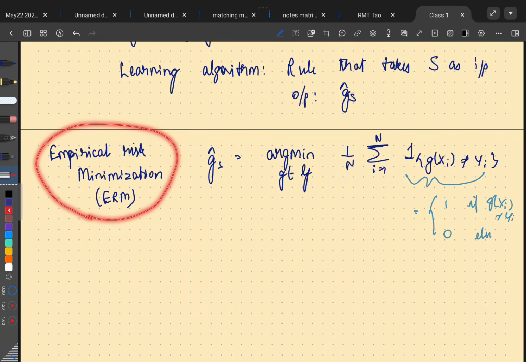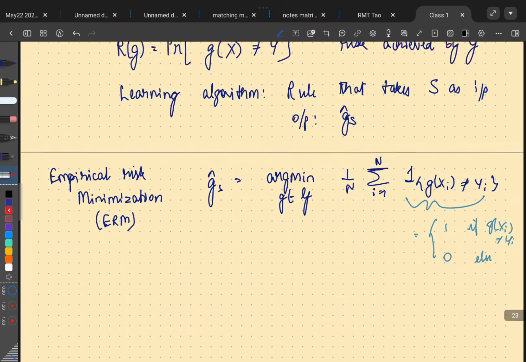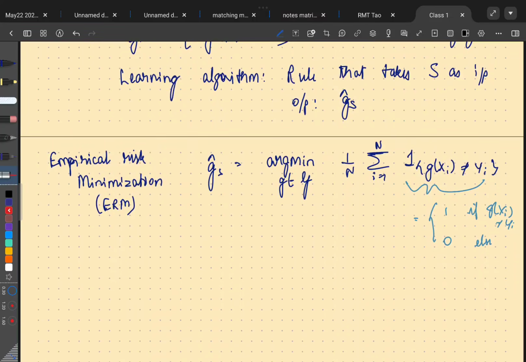No matter how I design this algorithm, let's say I employ empirical risk minimization, this empirical risk minimizer is going to be different for different realizations of the data set. There could be some realizations of the data set where this does badly, and some where this does extremely well. So, for example, let's assume, not in this particular context but in a general estimation problem,